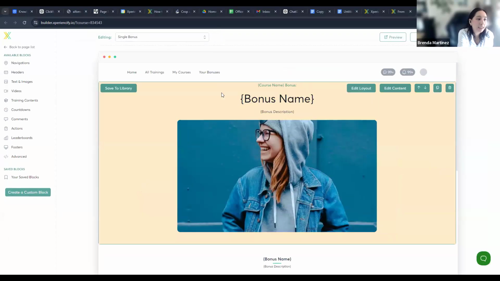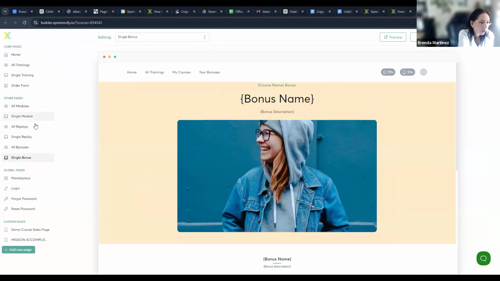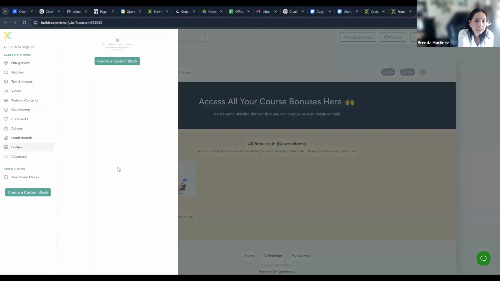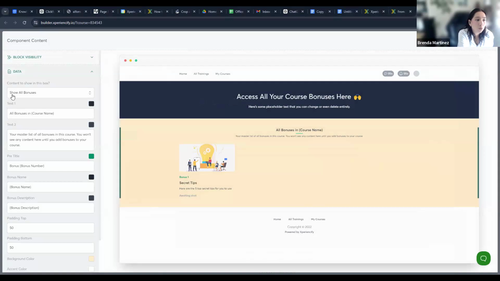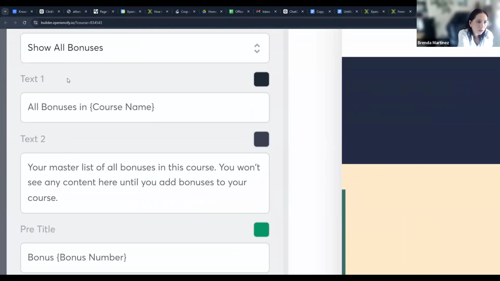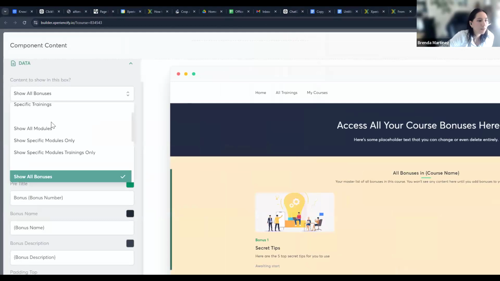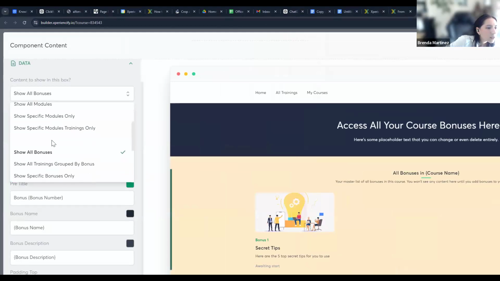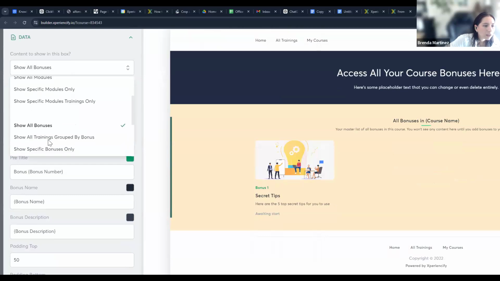And you can actually edit what bonuses they are able to see. So in the all bonuses page, here you can edit what bonuses you want to show. All bonuses, or maybe just specific bonuses. So you can select what bonuses you're going to show here. Let me see, for example, in the specific